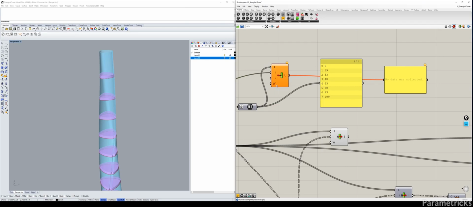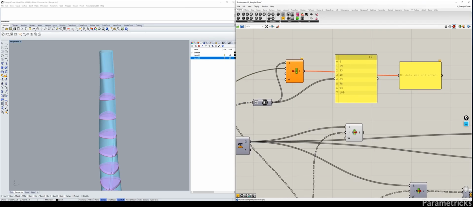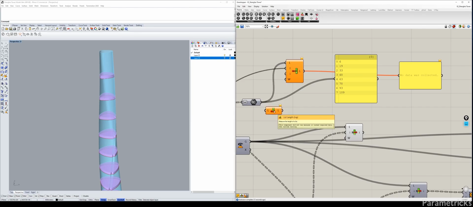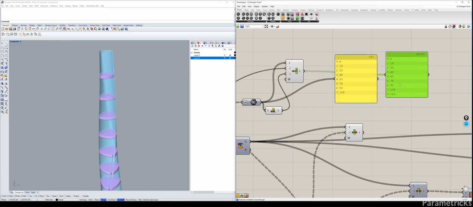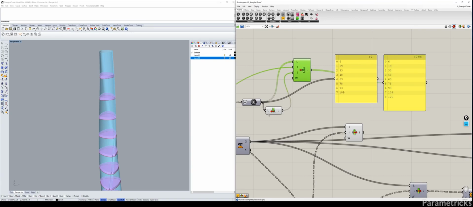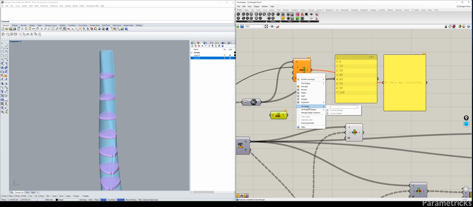Here's a trick. There's two things you can do. You can do a list length like this, and then you put the list length in here, so that you always have the number. Actually, looking at this, I might even go with this. But what I've done in the previous script was, if this is not your preferred way of working, what you can do is you set this to 0,